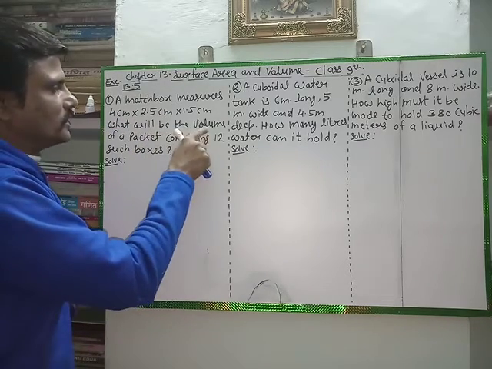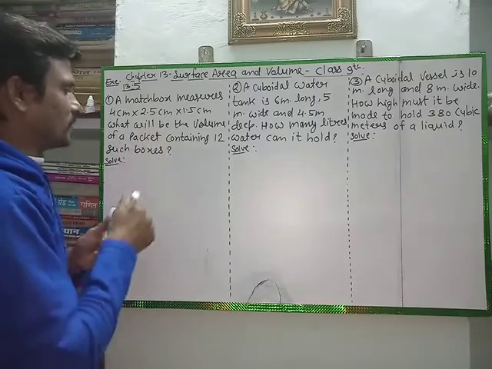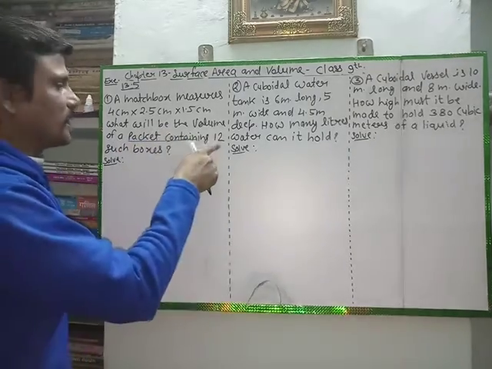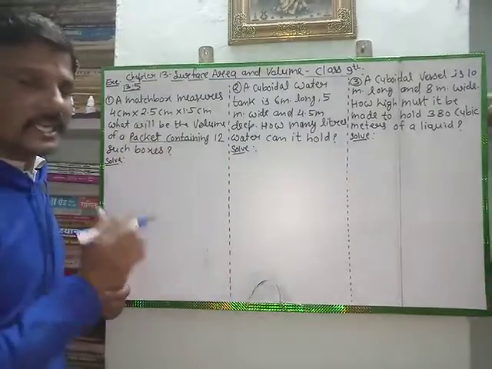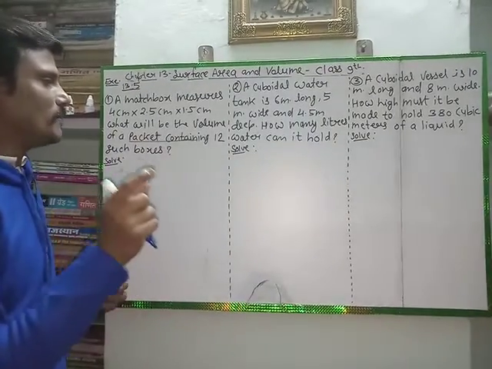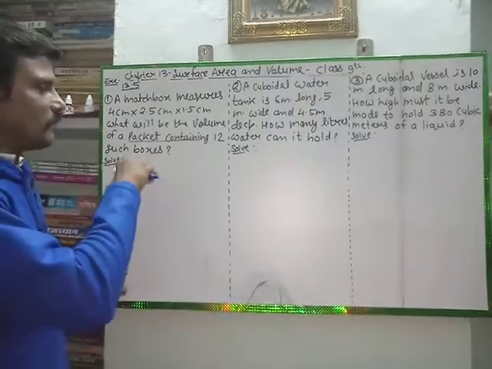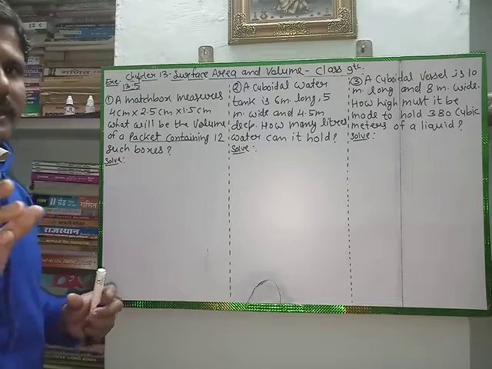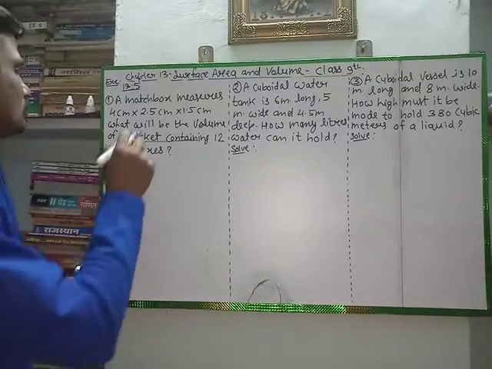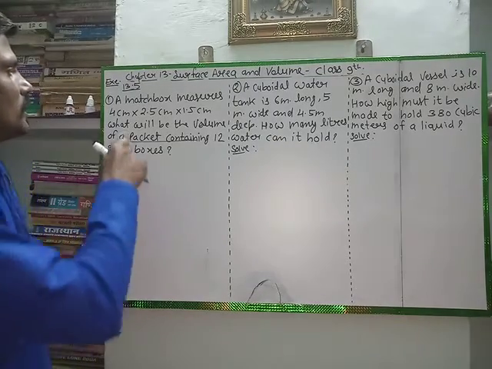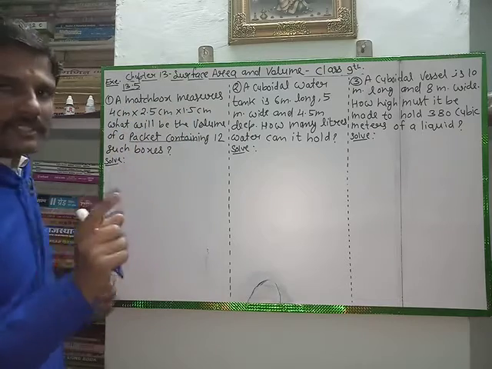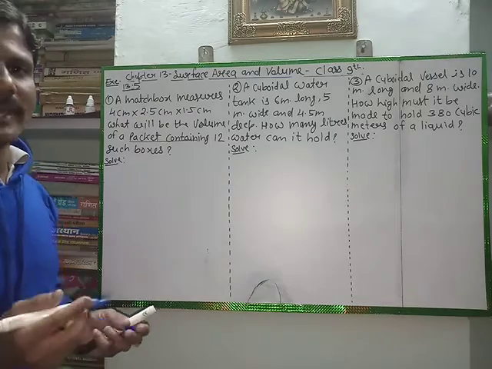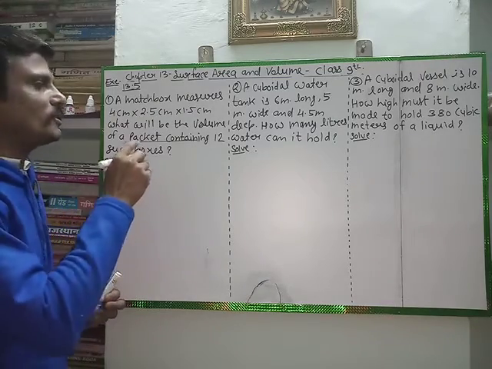What will be the volume of a packet containing 12 such matchboxes? A packet is made from 12 matchboxes, and we have to find its volume. So we will find out the volume of one box, then we will multiply with 12,